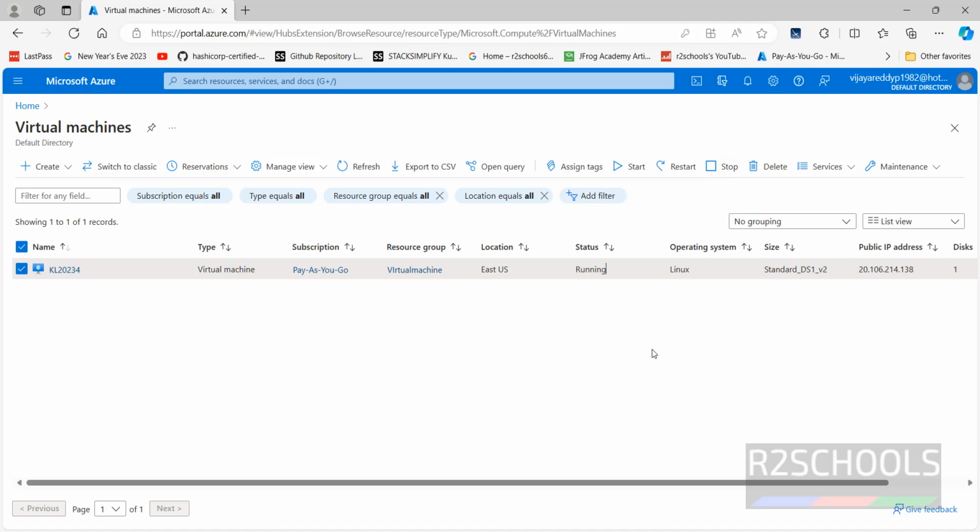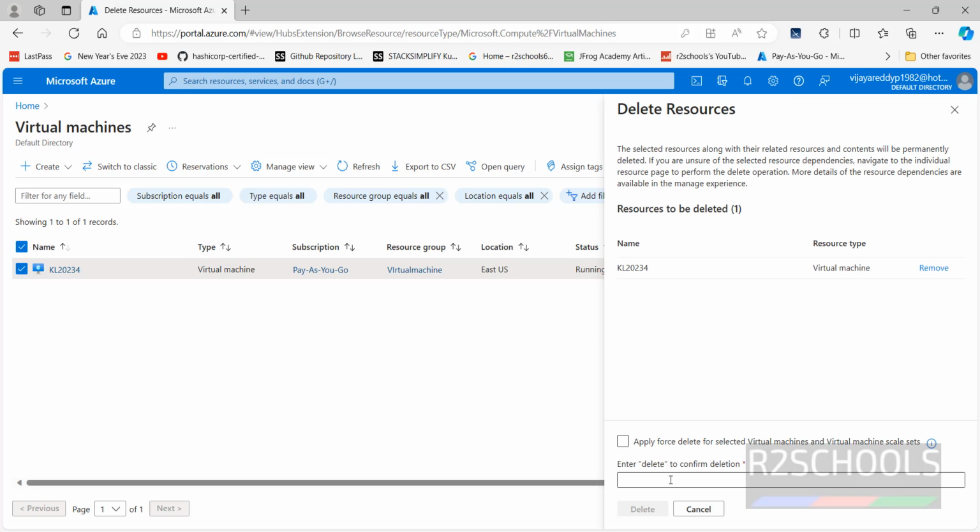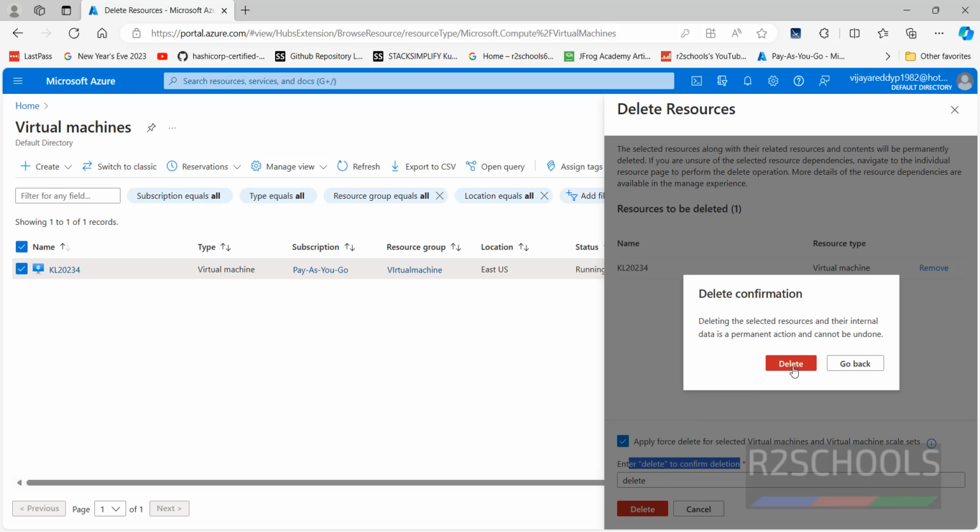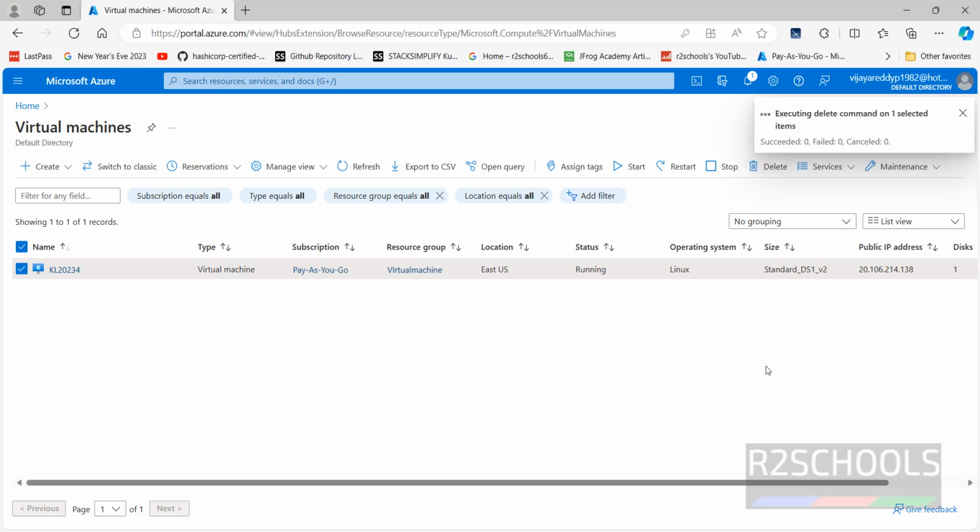Why? Because Azure charges based on the usage. So I have created this for demo purposes, so I'm deleting it. Click on delete, then tick force, then type delete. See, it is asking us for confirmation. Okay, click on delete. Again, it is asking for confirmation. Click on delete. So in this video, we have seen how to create and connect to